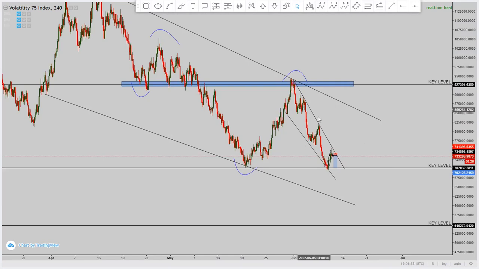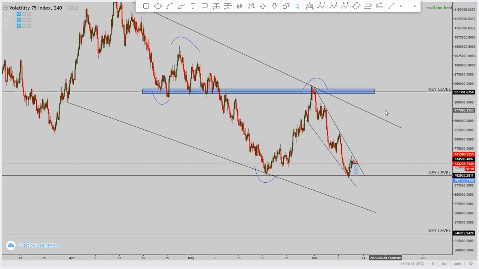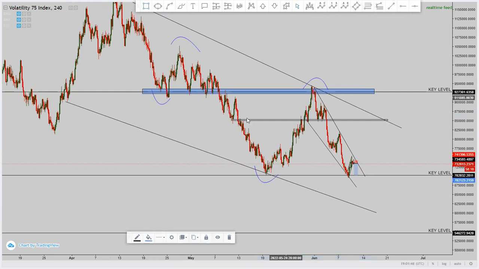So this channel here, once broken, price can actually shoot all the way to the upside. If it doesn't come all the way to the trend line, you can just look for other areas where it can come to based on the issues of support and resistance. For example, that area here, this area is a key area. If you check this zone here, respected,